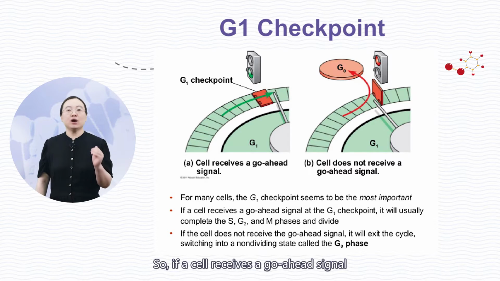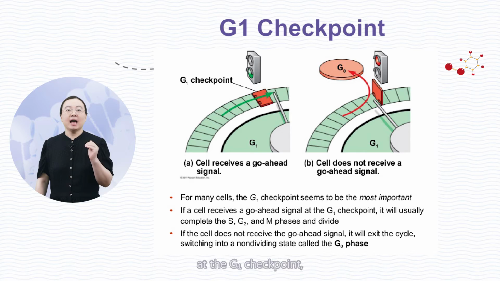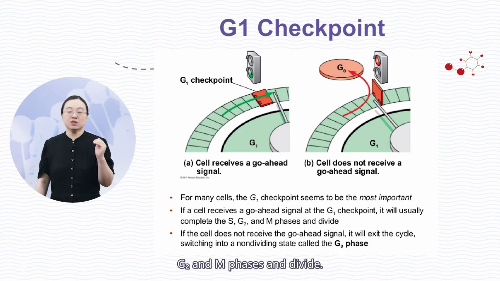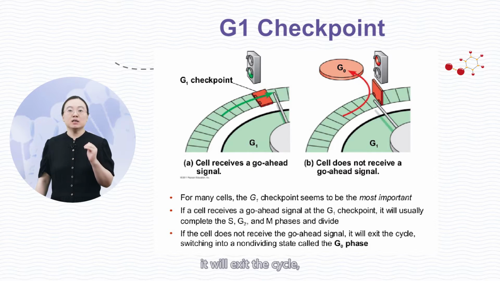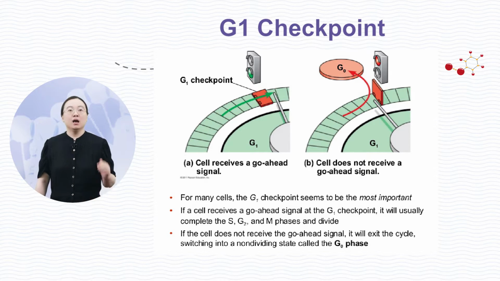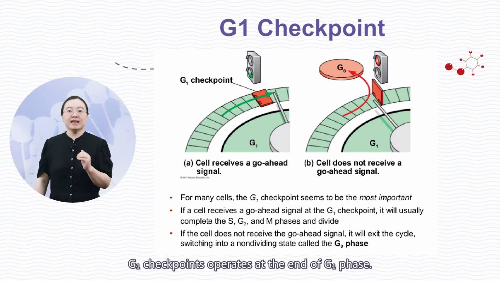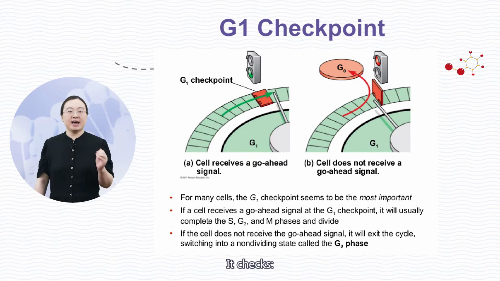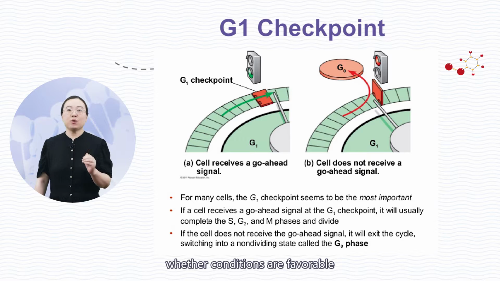So, if a cell receives a go-ahead signal at the G1 checkpoint, it will usually complete the S, G2, and M phases and divide. If the cell does not receive the go-ahead signal, it will exit the cycle, switching into a non-dividing state, the G0 phase. The G1 checkpoint operates at the end of the G1 phase. It checks whether conditions are favorable for the cell to divide, and checks the DNA for any damage before it undergoes replication